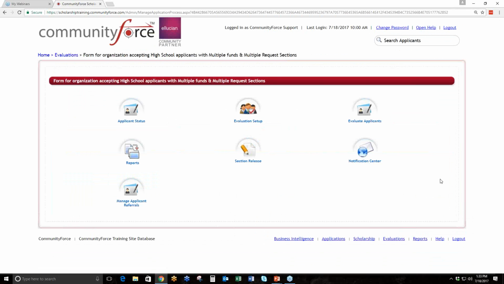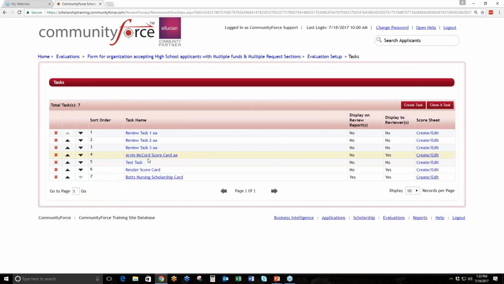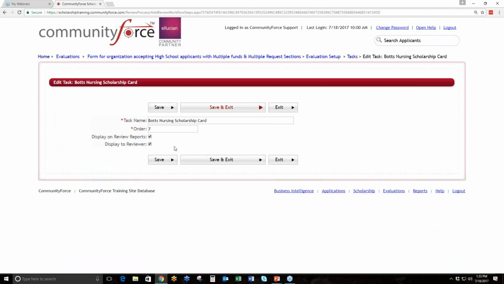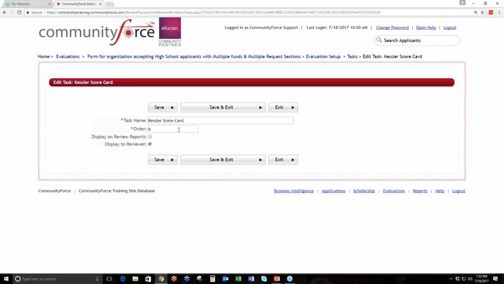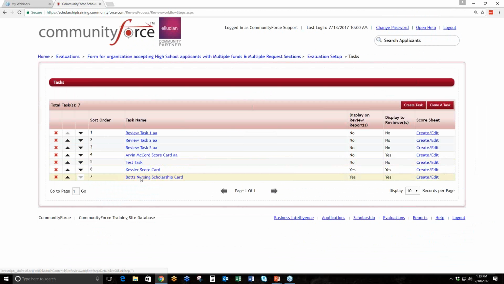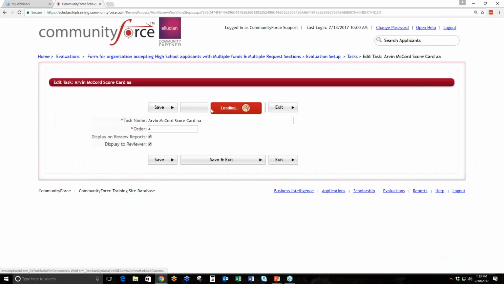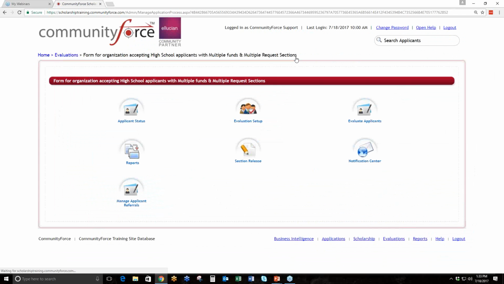So I'm going to also then, here in Evaluate Applicants, go back. I'm going to turn these on because the next thing I want to show you is ad hoc reports. Of course, if I don't turn these on, then they won't show in the drop down of ad hoc reports. So I can't run reports on these tasks if I don't turn them on. So in this scenario, we would be done, and now all I want to do is run reports. So I can come here,